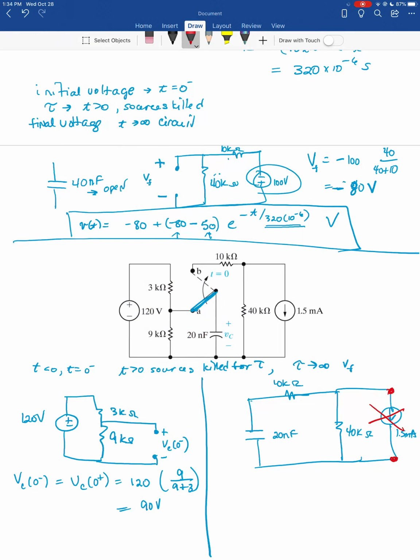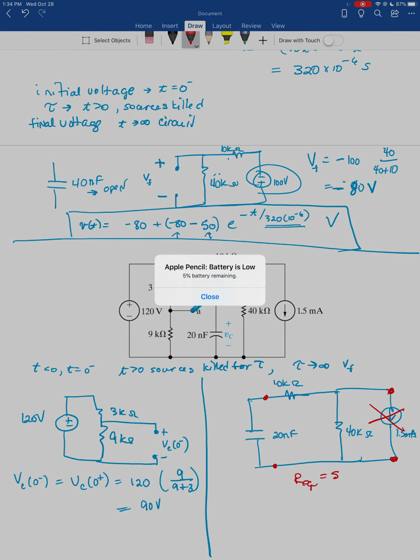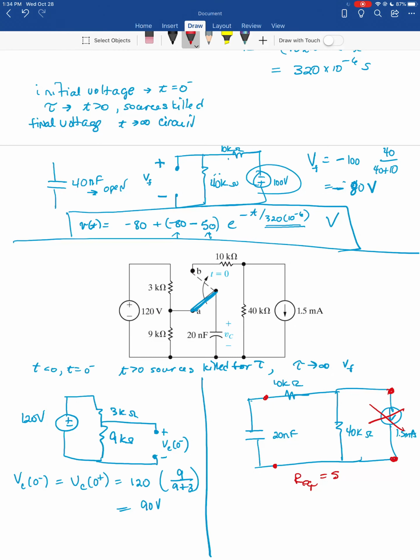So to kill it, we basically pull it out, replace it with an open circuit. The tau will be the resistance seen by the capacitor with the source killed. So it'll actually be a series combination of 10K and 40K, so our equivalent will be 50K,